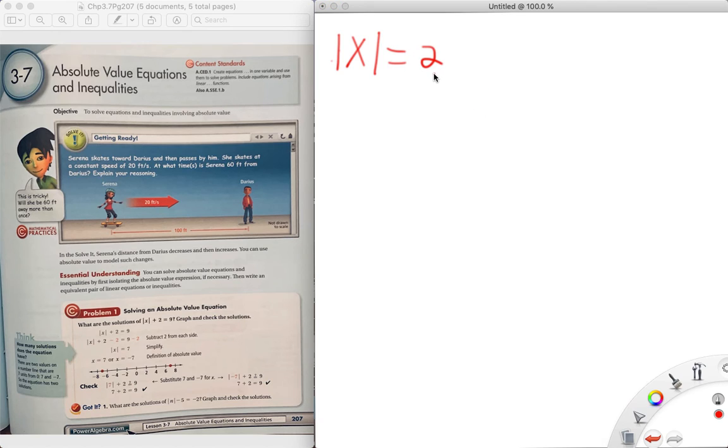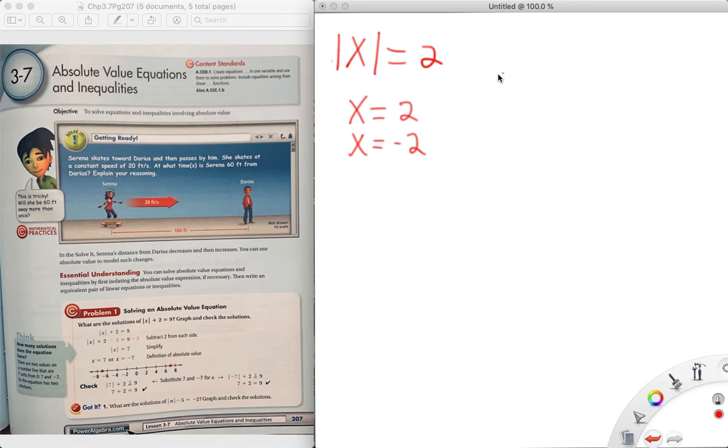This absolute value denotes the distance from 0. So when we solve for this, we'll solve by putting it in both directions. So the solution would be x equals 2 and x equals -2, because those are the two answers from the distance